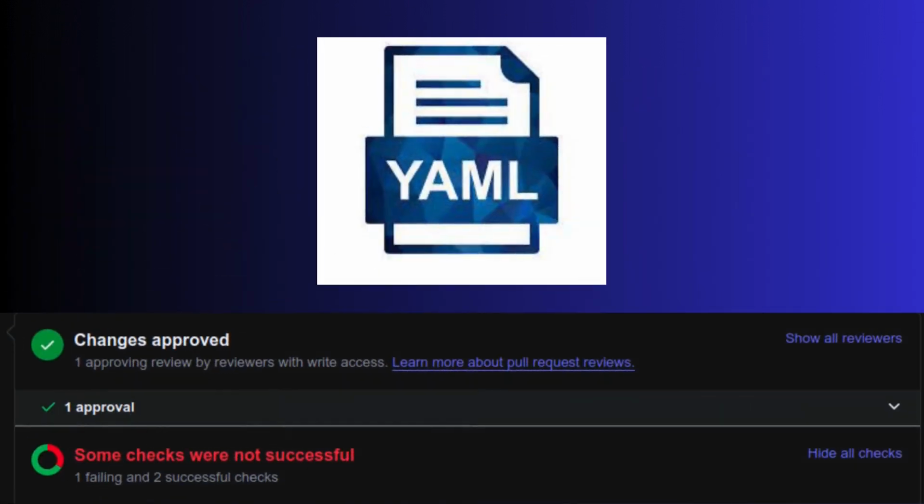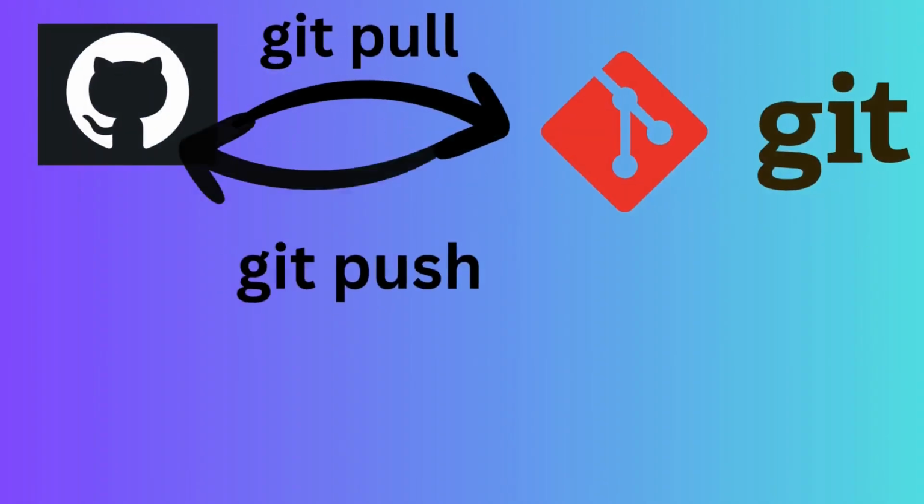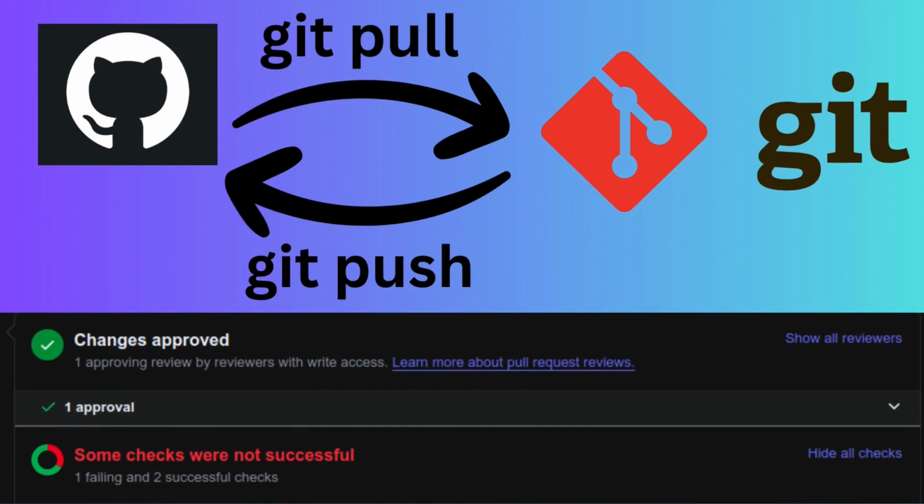So here YAML will be utilized, and YAML stands for yet another markup language. It is a popular data serialization language. Also it is used for writing configuration files. So we will be writing a config file with YAML to run the automation test on GitHub. We can define whether tests should be run on push or trigger the test to run whenever someone does a